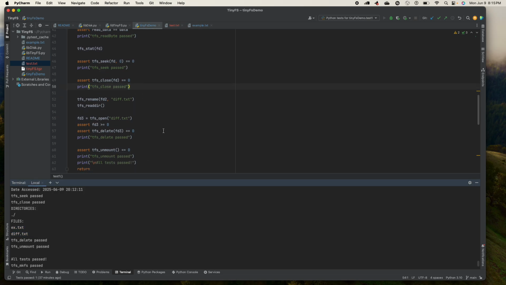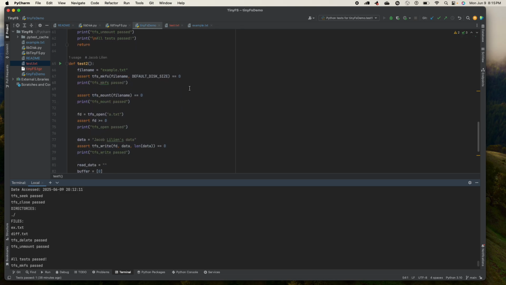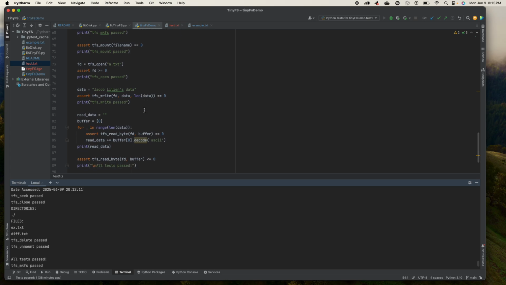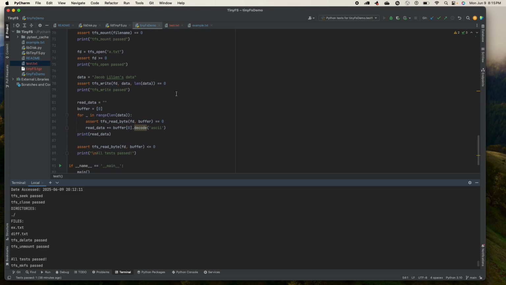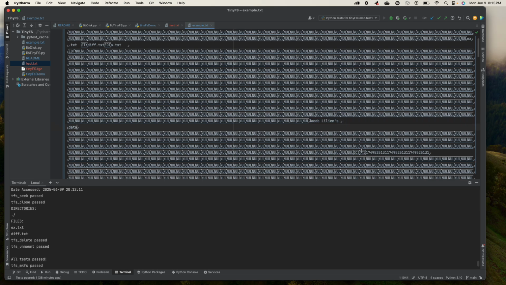And then I'm just testing delete and unmount, showing that that works. And I have one more test case that basically does very similar things, except it also tests an overwrite or an overread. And so in my example here, I wrote out Jacob Lillian's data, and my pointer and size are equal, and so that's because I read,